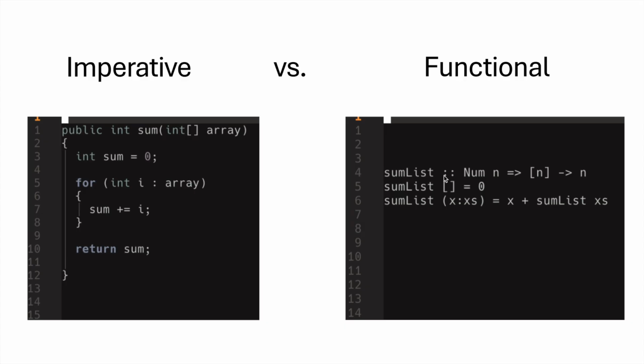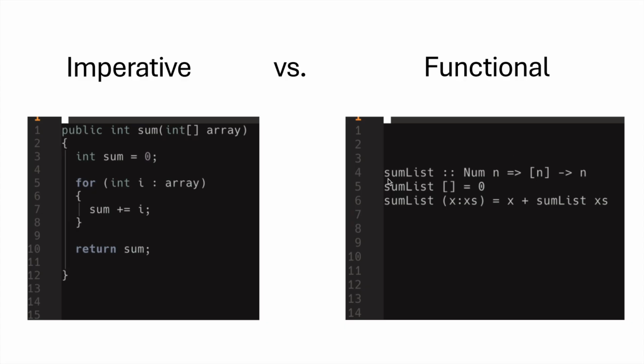On the right, we have a purely functional definition for this operation, written in a language called Haskell. First, we define the name of the function, SumList, and the nature of its input and output. You can see that we use Num n to denote a variable called n, which is just of the numeric type. Over here, we define the input to be a list of n. Remember that n is a number. The square brace indicates that it's a list. Over here, the arrow points to the output, the return value of this function,